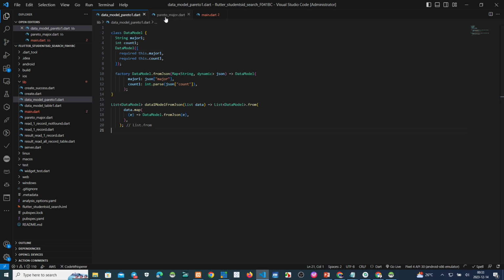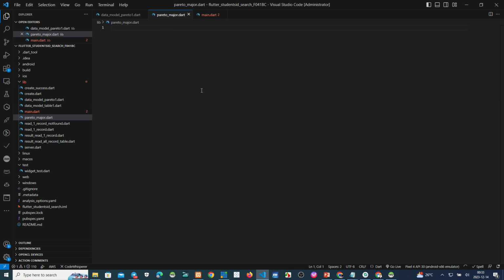Next, we want to show the result on my Flutter. We must write a stateless widget. We give it the same name as the previous script, this is the name major.